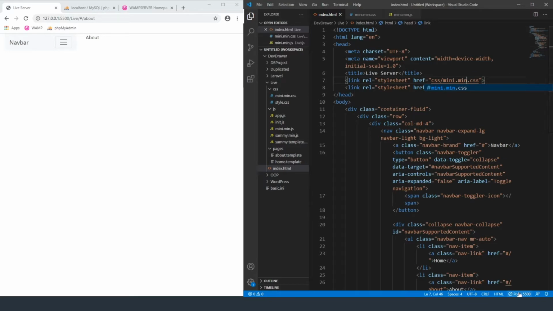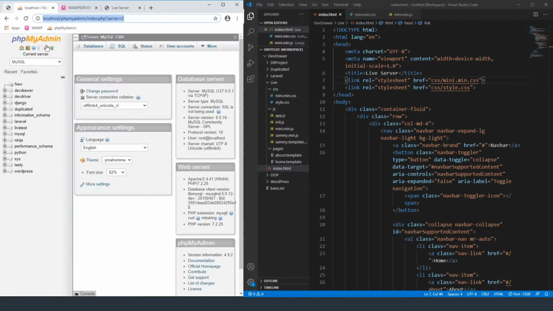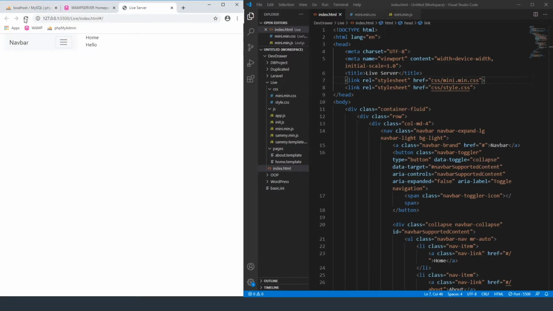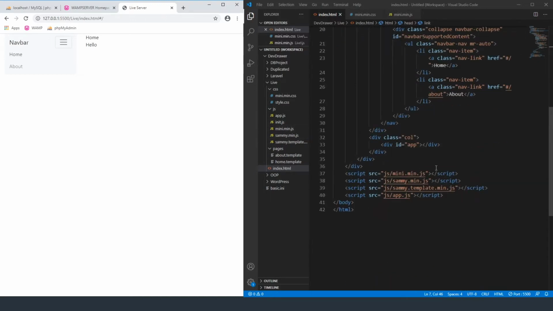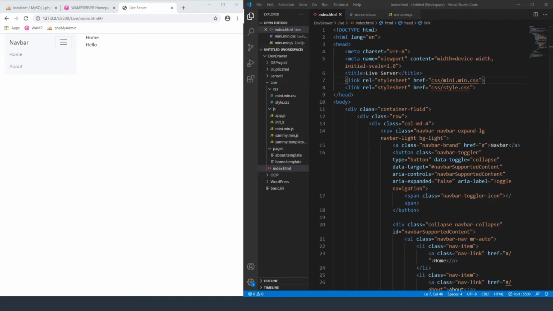Alright, so we still have our live server running, so I'm going to shut that down and then go live again, just so you can see that we are still using the live reload server that we set up in a previous video as well. So essentially it's this being live reloaded. And nothing else really changed. If we go to the about page, go to the home page, all the jQuery is still working, everything's still working. I just minified it and put it inside of its individual calls just to clean up the code a little bit, and to make it so we can add the following tags to our index.html page,